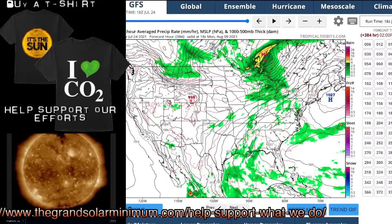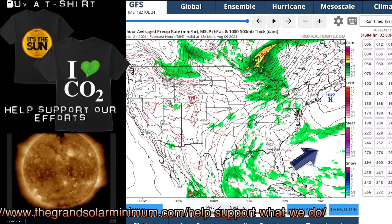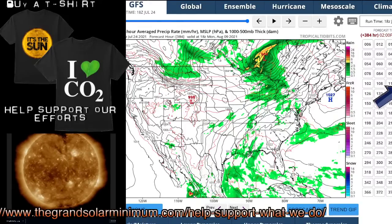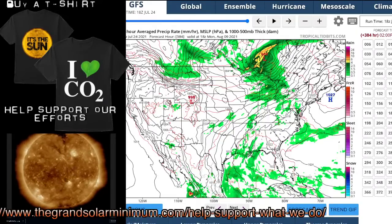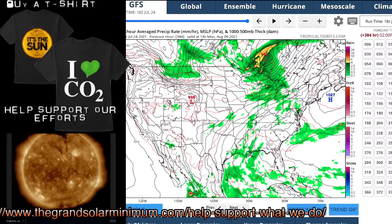But most of these storms, notice how they keep going north, northeast. This high pressure system down here off the coast of Maine is driving this clockwise and rotating this up north and pulling it away from us. But 5 chances of rain to come through Minnesota, all scattered, not enough really to make a difference until August 9th. Same for the Northeast and the South. More rain chances, at least 5 to 6 chances between now and the beginning